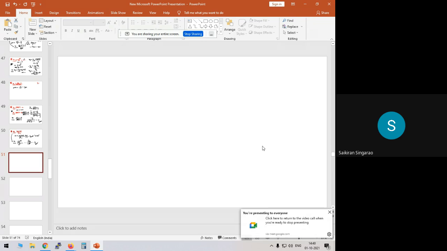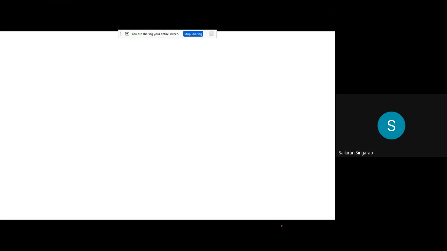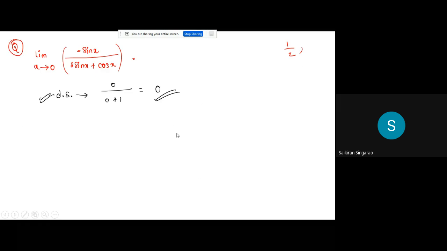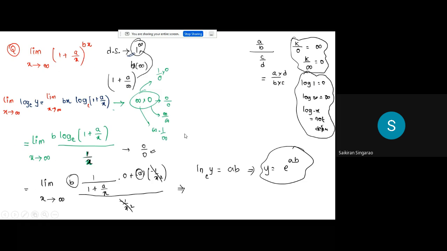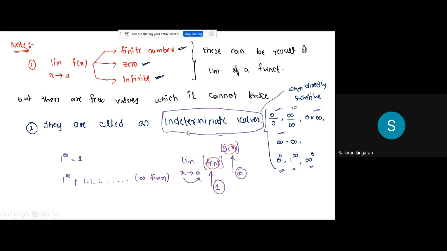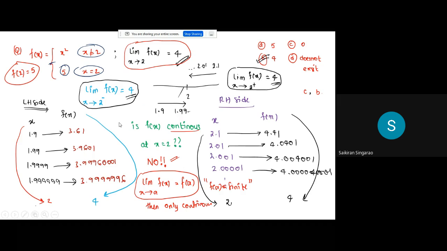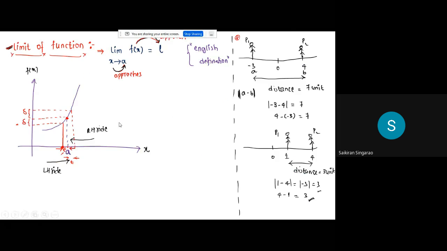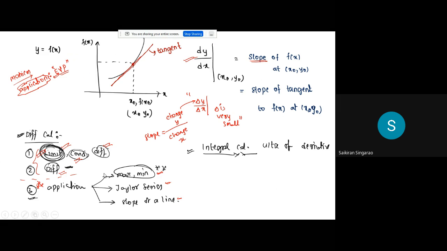All right, let's start. Last class, we have seen the basic concepts of limits, and we have seen how to calculate limits. Different types of questions also have been seen. You might have understood the definition of limit and all those things. In this class, let me talk about the application part. As I was telling, application is more important.